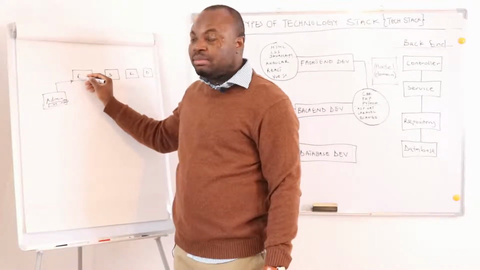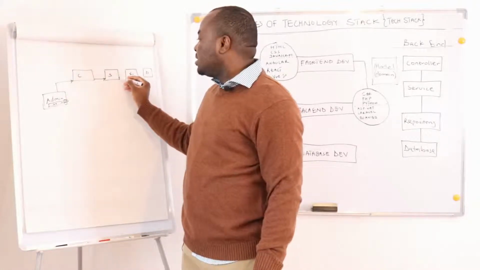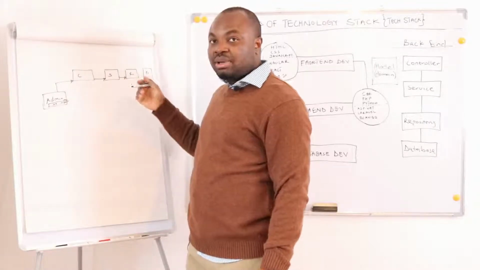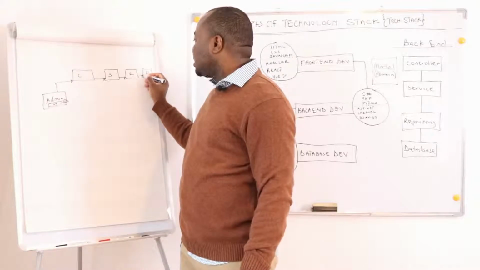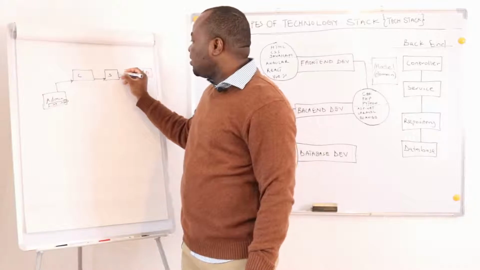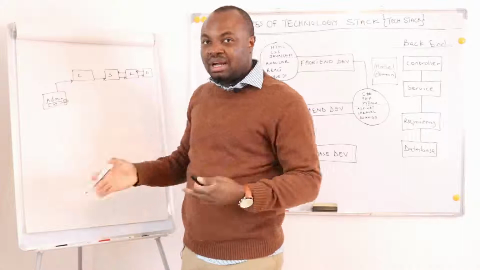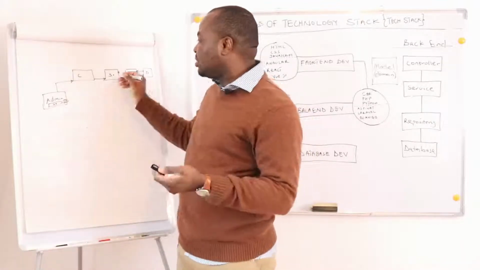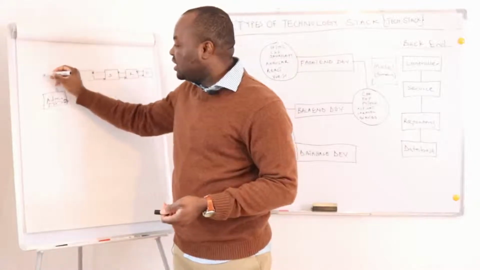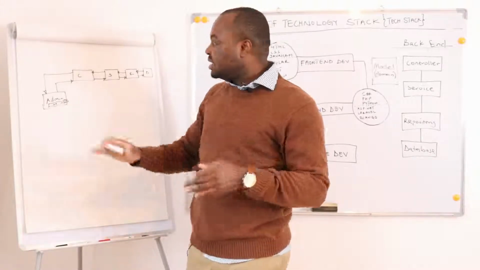The controller receives the message and passes it to the service. The service receives the message and passes it to the repository. Then the repository processes the message and gets the information from the database. The database sends the information back to the repository, and the repository sends it back to the service. The service may do some calculation and some purification or something of that nature, and then sends the information back to the controller. The controller will now send the information back to the administrator. The administrator will now see the information. So that is the kind of flow.